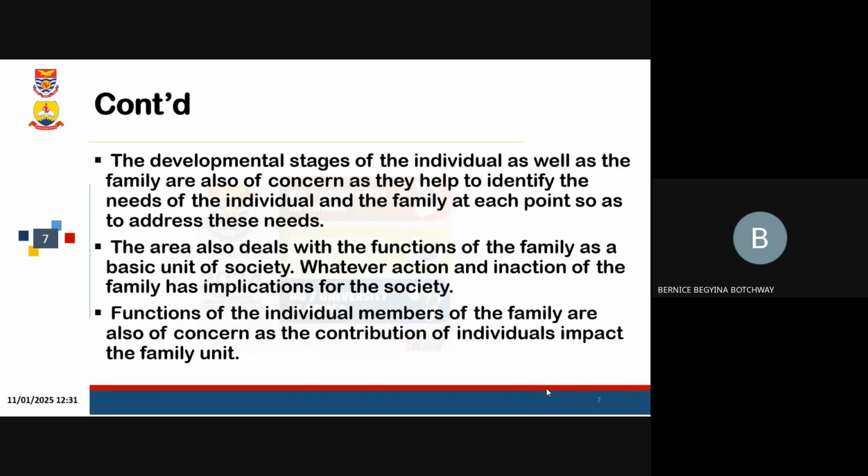From our focus and from the philosophies and those things that we talked about, you realize that home economics is all about the family. It is through the family that if you don't teach your child good manners, such a child will take it outside, and it will surely have such implications on the society. So you talk about the family and how to train each individual in the family for a responsible lifestyle.